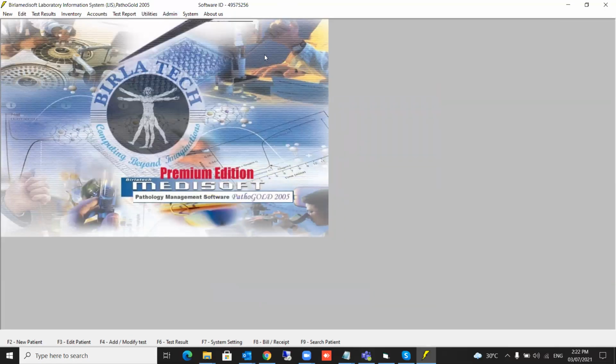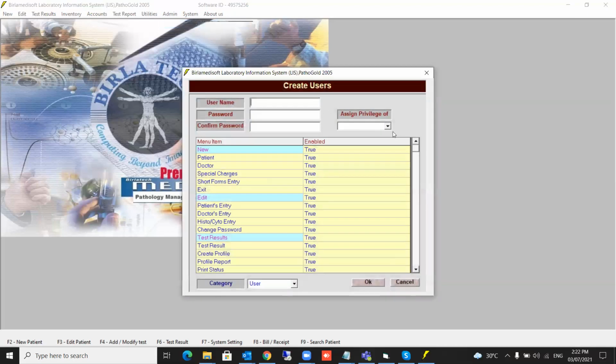Okay. Now one more thing. If you want to create a duplicate user, like an original user, you say create user and you can say assign the privilege of. So I'll create another user called user 3, but I need not type something.